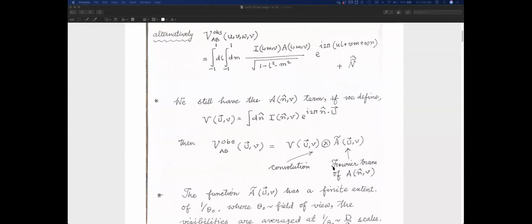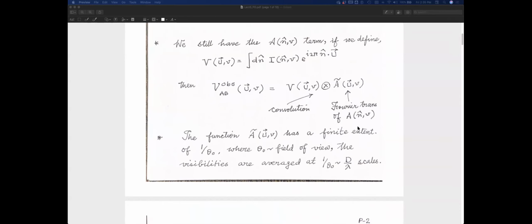Okay, is this clear? Is there any doubt? How do I write this expression? I have this where I and A, if for the time being I consider this as a Fourier transform relation, it's a multiplication of I and A and then doing the Fourier transform. Once I go to the Fourier plane, which is the UV plane here, that multiplication becomes a convolution of the Fourier transform of the individuals: the sky brightness distribution, whose Fourier transform is this, and the antenna beam pattern, whose Fourier transform is here.